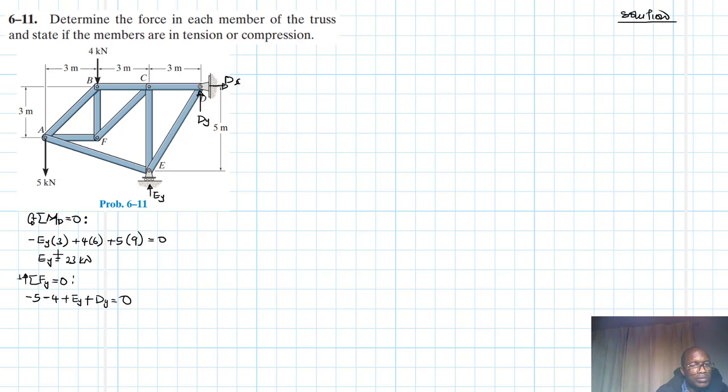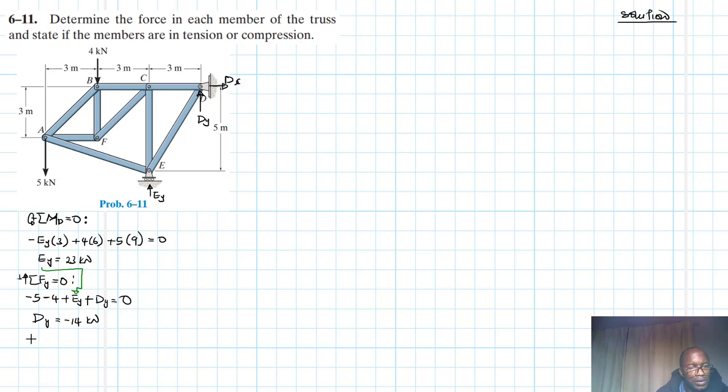We already found what Ay is, so we can plug it in. Then Dy is equal to minus 5 minus 4 plus 23, so Dy is equal to minus 14